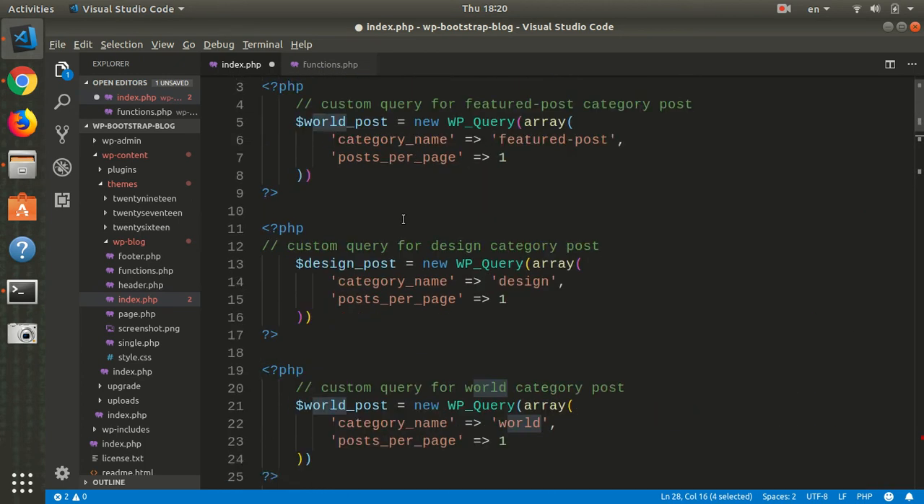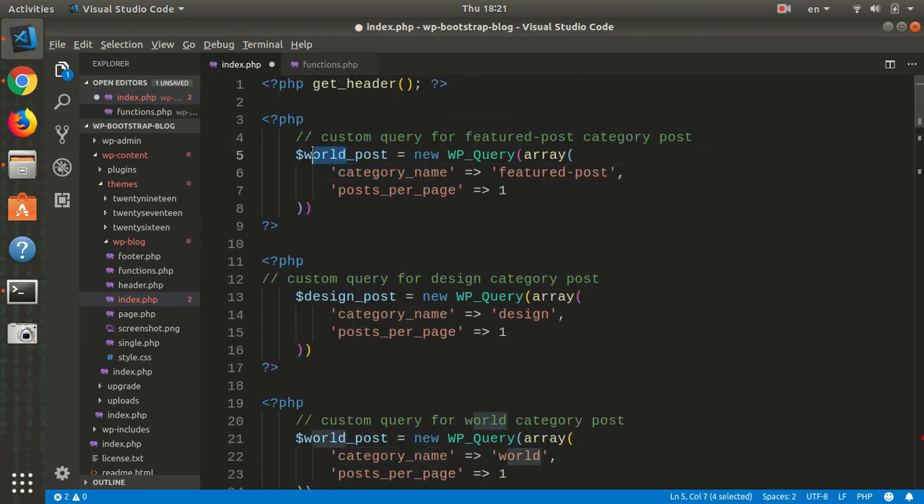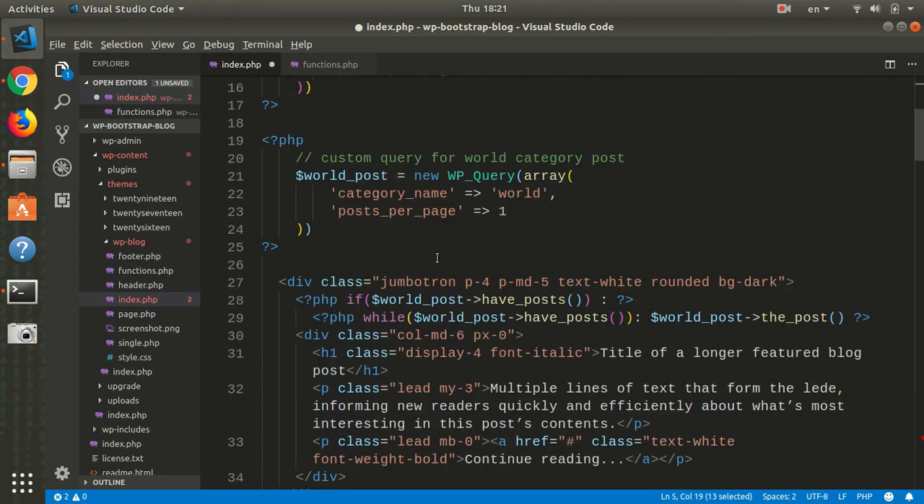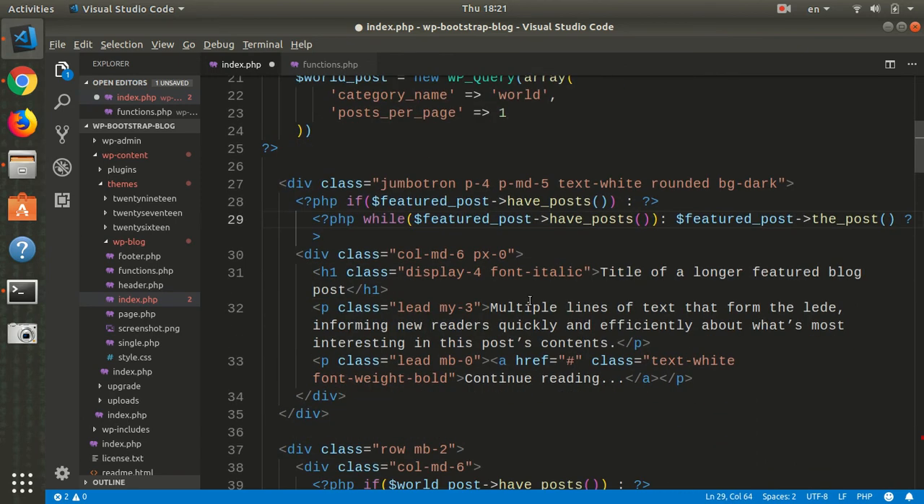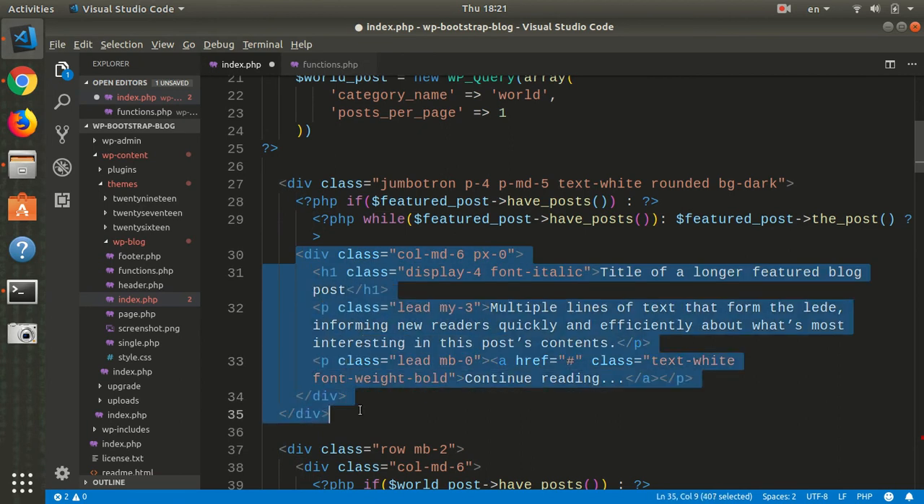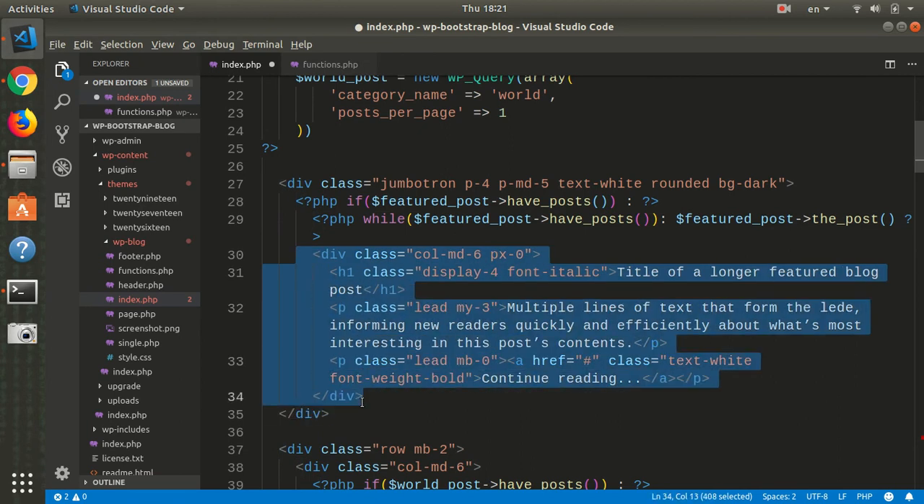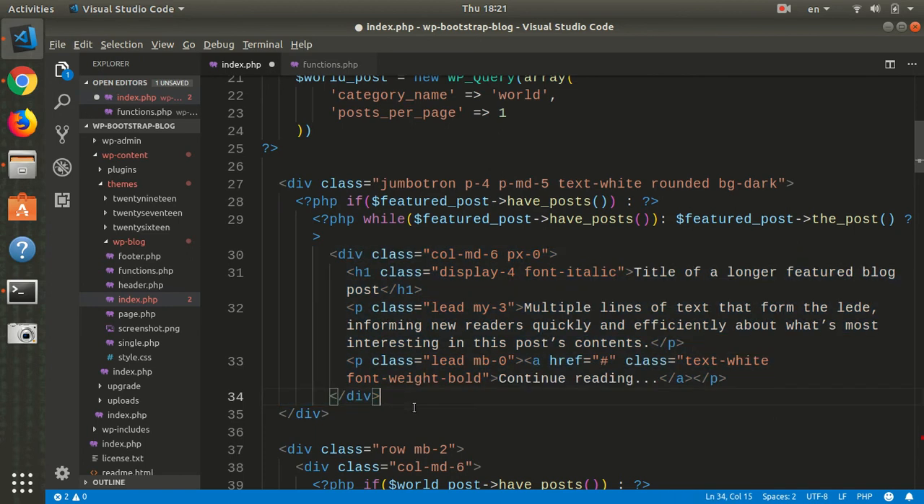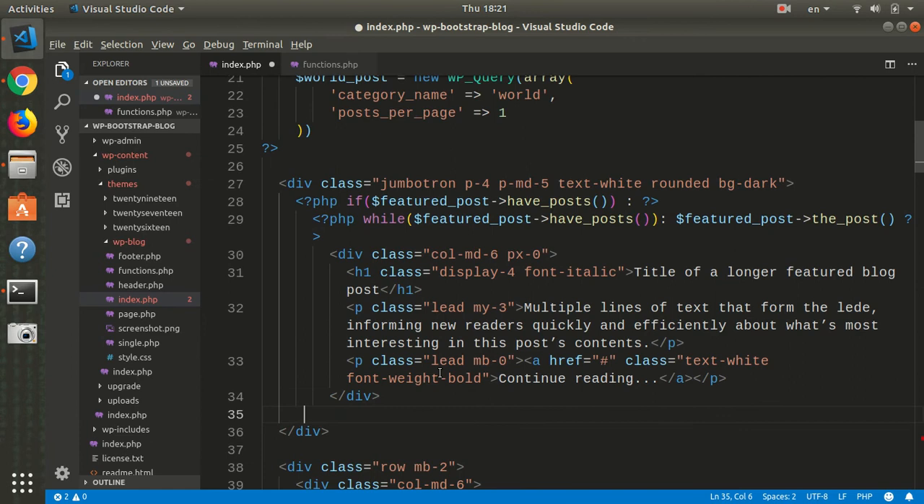So we need also to change the name of that featured post. So copy, paste that here and here and here. Let's do, okay, so let's end the tags and the PHP tags. So for the while,